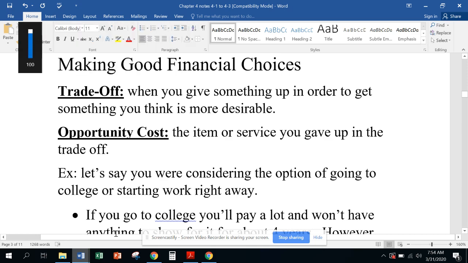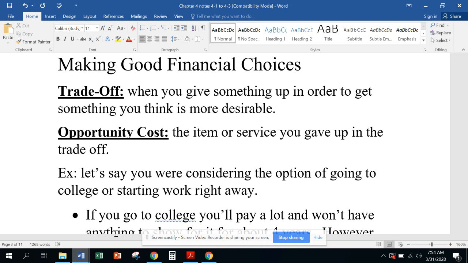Okay, guys, today we're going to be talking about making good financial choices. All right. So once again, we have a limited amount of resources, so we've got to make our dollars count. So the concept that is often a little bit difficult to understand is the difference between a trade-off and an